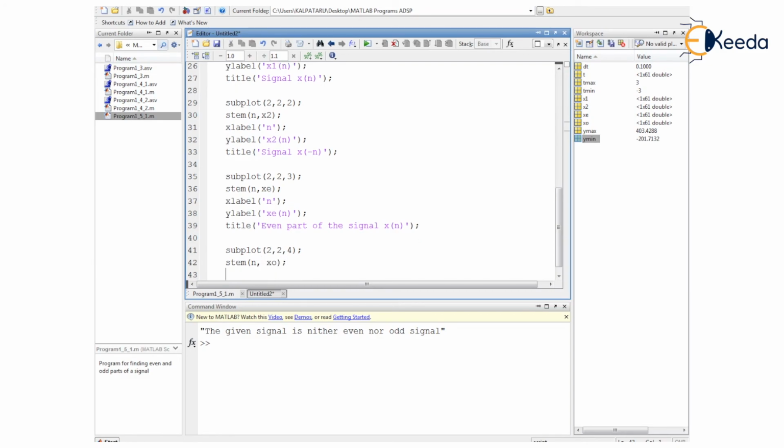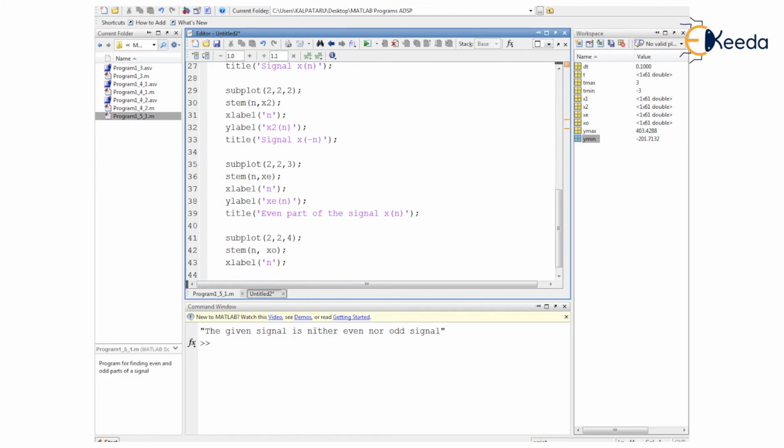Then we have to provide nomenclature here. So xlabel will be the discrete time variable small n. Then labeling of the other axis: for ylabel, it will be xo of n.